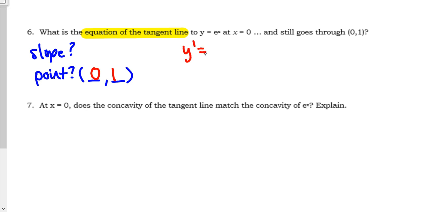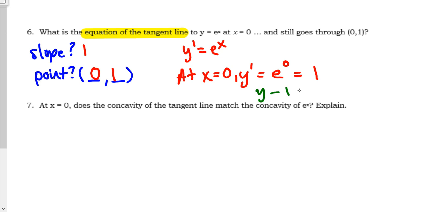What's the derivative of e to the x? Still e to the x, so that's good. So if y prime is e to the x at x equals 0, the value of y prime would be e to the 0, and e to the 0 is 1. So my slope is 1. So now I can write the equation of my tangent line